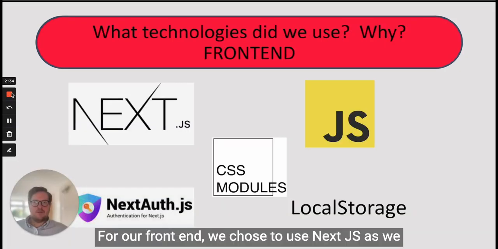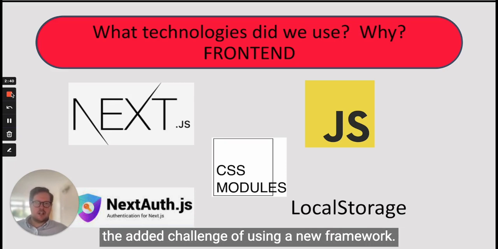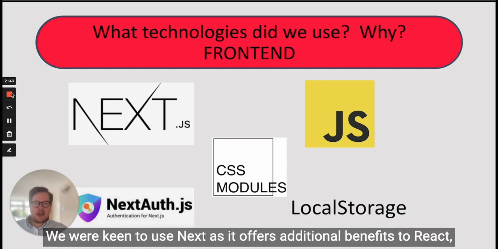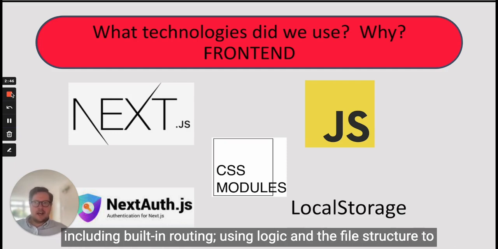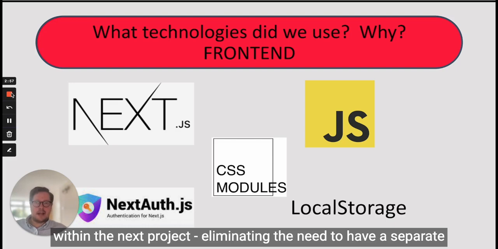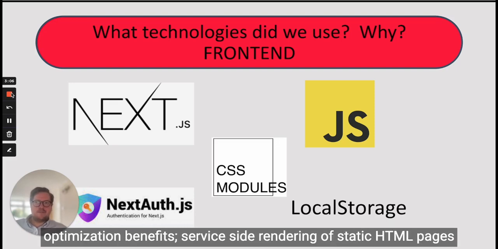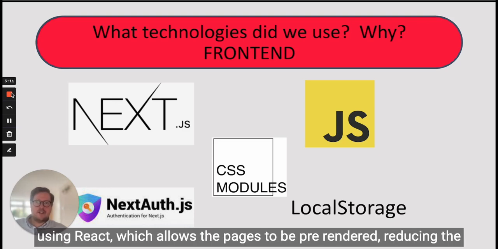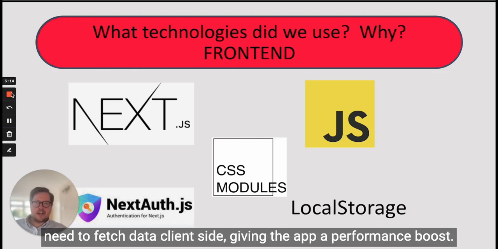For our front end, we chose to use Next.js as we wanted to use our JavaScript and React skills with the added challenge of using a new framework. We were keen to use Next as it offers additional benefits to React, including built-in routing using logic and the file structure to define routes, an API routing system allowing us to create an API within the Next project, eliminating the need to have a separate API solution, built-in and pre-configured linting, search engine optimization benefits, server-side rendering of static HTML pages using React, which allows the pages to be pre-rendered, reducing the need to fetch data client-side,